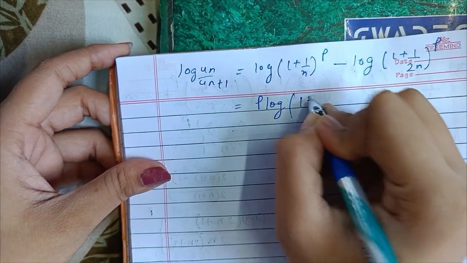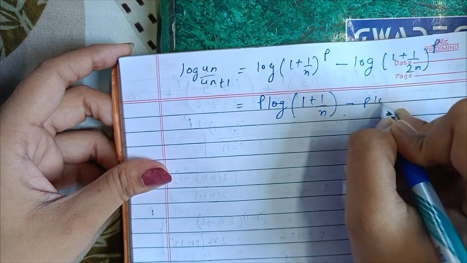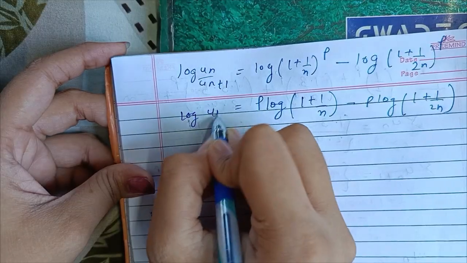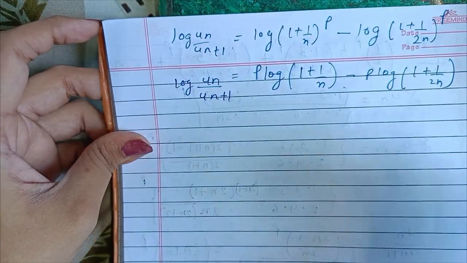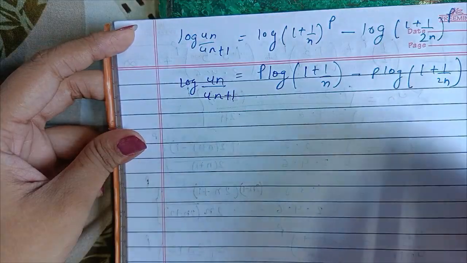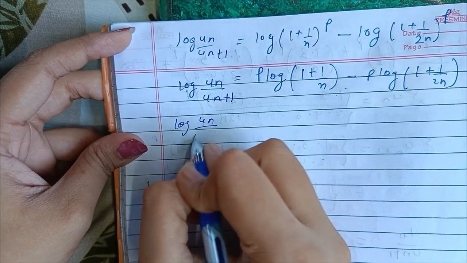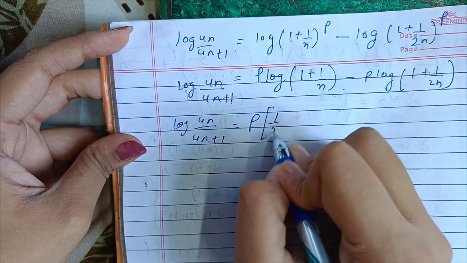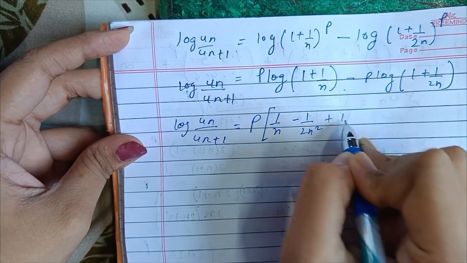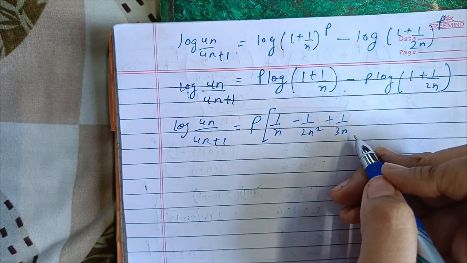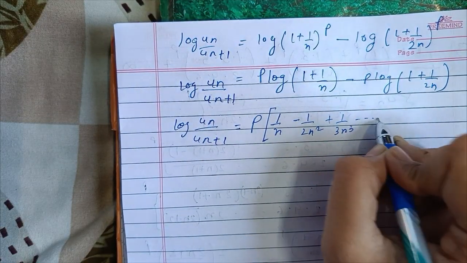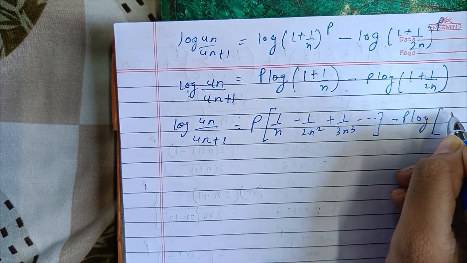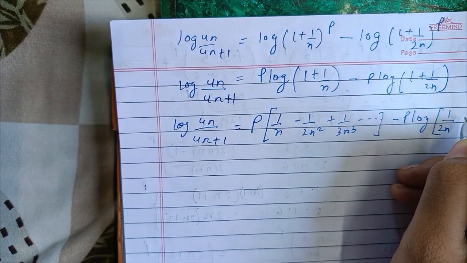You know the property I told you earlier, log 1 plus 1 upon 2n. Now you know better that here comes the application of the formula log 1 plus x. I'm simply writing log un by un plus 1 is equal to p, the formula of log 1 plus x goes like 1 upon n minus 1 upon 2n square plus 1 upon 3n square, not cube, dot dot, minus p log. Here it is 1 upon 2n minus